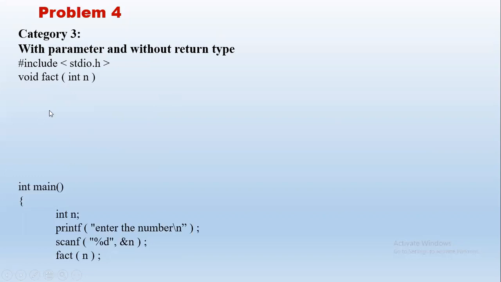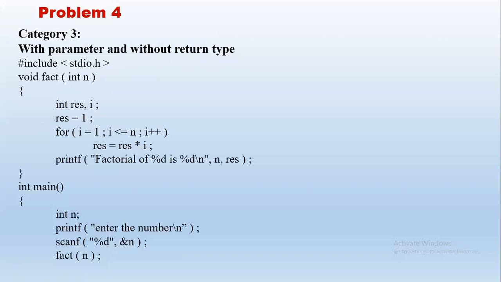Here we have got the value of n. If we have entered 5, n is 5. Now we declare the required variables result and i. The logic is similar, so we find the factorial. If n is 5, we find 5 factorial, which is 120, and that is stored in result. Since this is without return type, we will not return result. If we are not returning result, how will the user know the value? We have to print it in the function itself so that the answer is printed in the console.